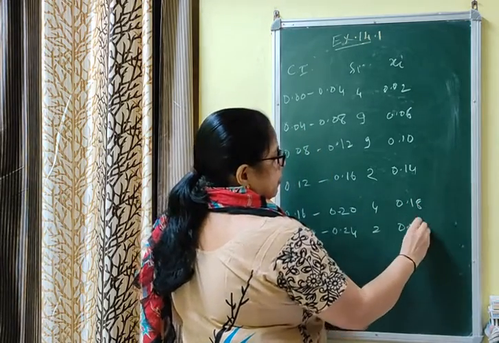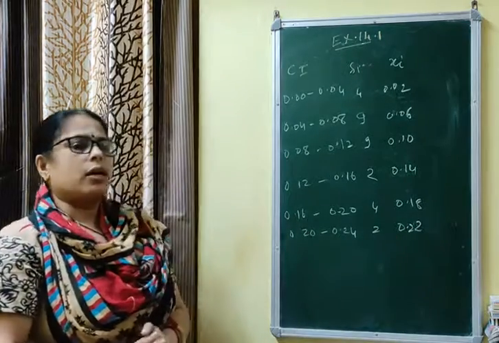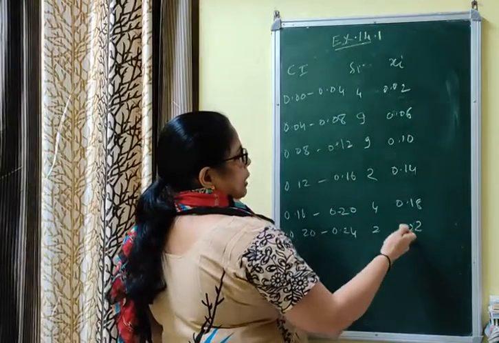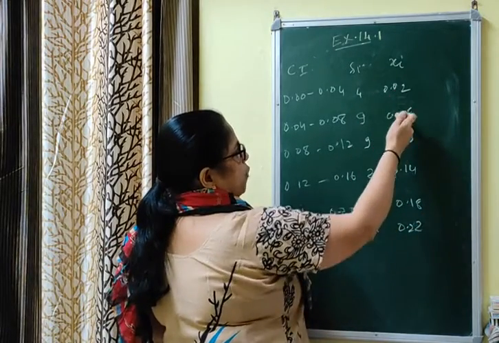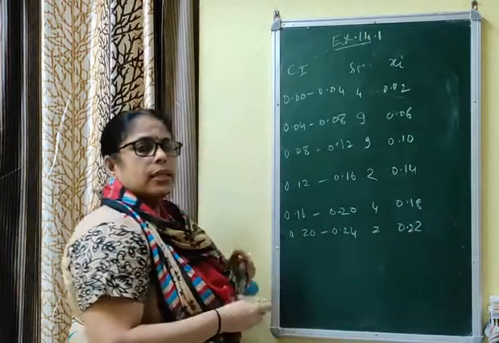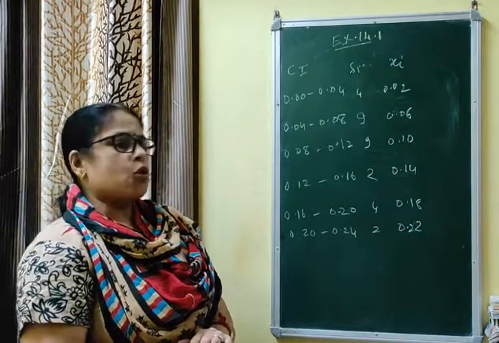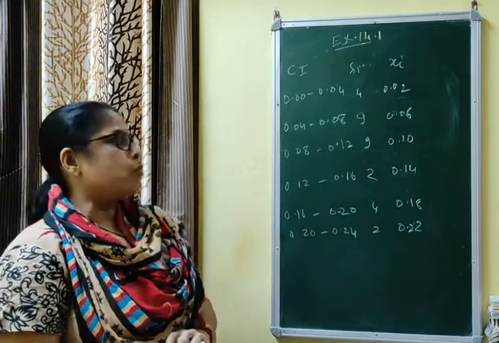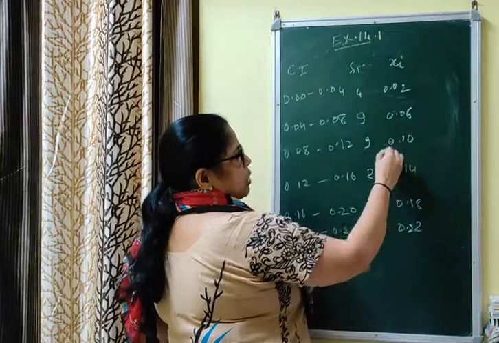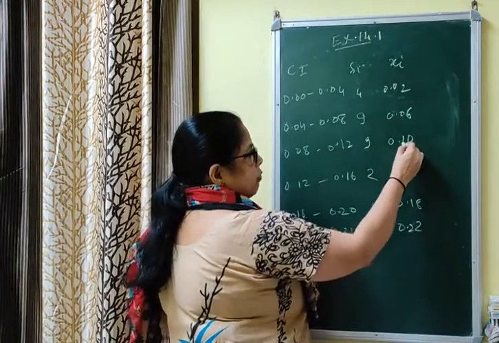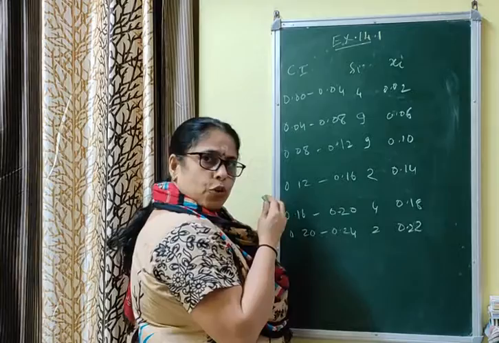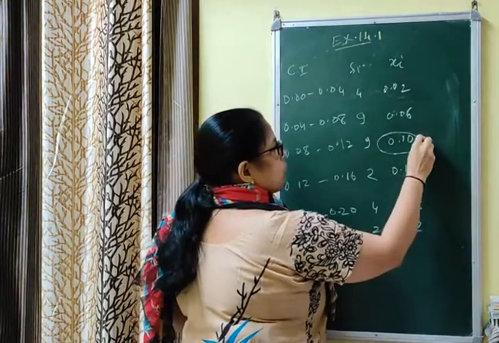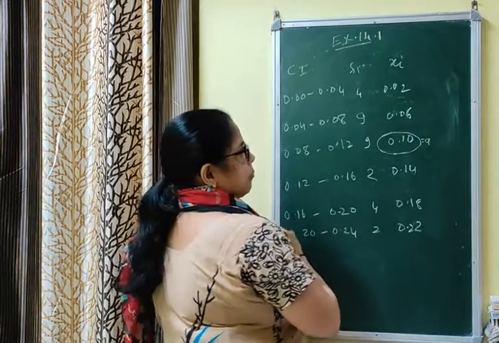Now see, after that what do we have to do? You have to look at the number of observations, the number of xi. The number of xi is even: 1, 2, 3, 4, 5, 6. Yesterday we did a question in which the number of observations was odd, so we could easily select the middlemost one. Here the number of observations is even, so 2 come in the middle. One is this one and one is this one. You can opt whatever you want, but I suggest it is better to opt the top one so that the calculation will be small. This is a.